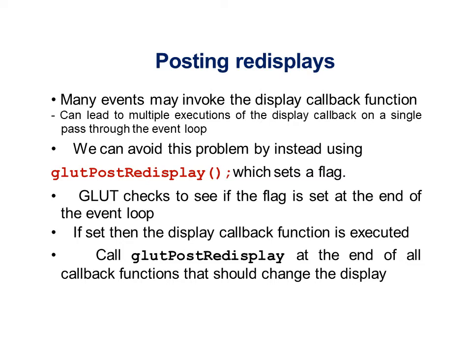It is related to the output on the screen or the window. Whenever there is some change, this will be executed. So how is this executed? It takes the help of a flag and sees whether it is set or reset at the end of the event loop. If it is set, then the function will be executed. If it is reset, it won't be executed.